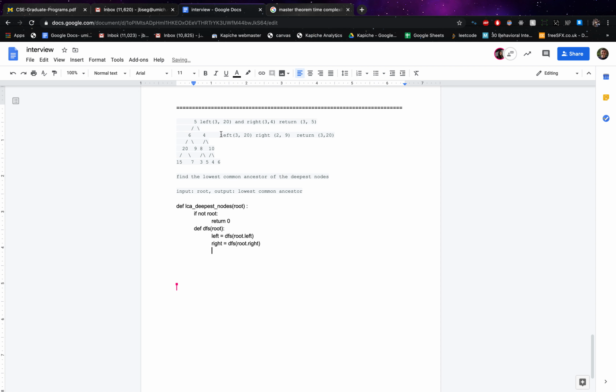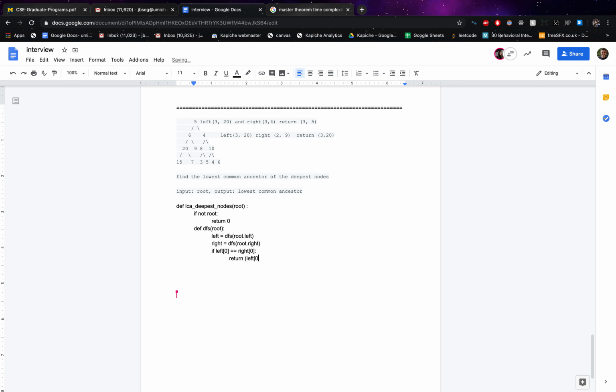Okay, so now that we have something that looks like this, the idea is that if left at 0 equals the right at 0, so if they both have the same depth, then I can confidently return,